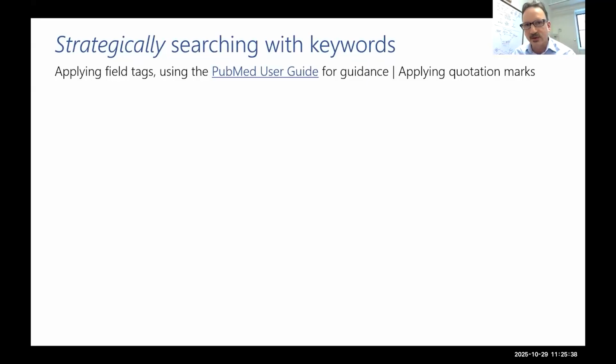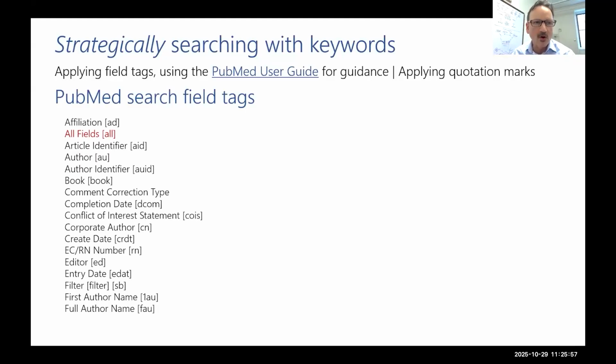Again, these are already assigned to our MeSH terms. We don't need to do anything with those. But in order to strategically search with keywords, we need to do these two steps. And so field tags are many in PubMed, many ways to focus your search to particular parts of the PubMed record. The all fields